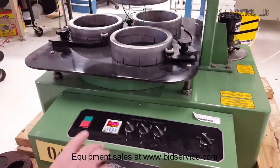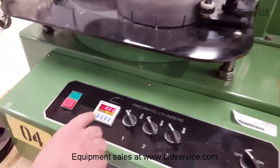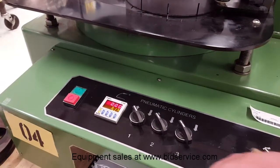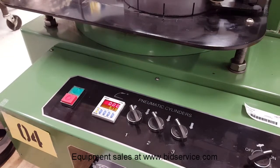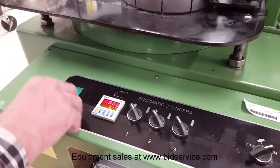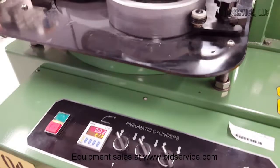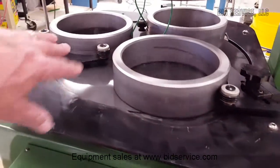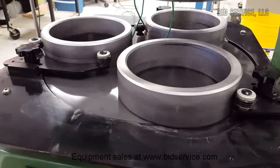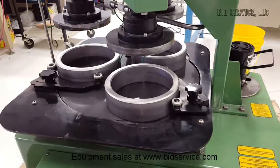So I'm going to increase the time to a couple of minutes just to give us enough time, and I'm going to turn the slurry on, and that motor will not come on until it starts to run. So let's start, and at this point, once the pump kicks up, it will be sending oil down, and I'm going to position the pneumatic cylinders to